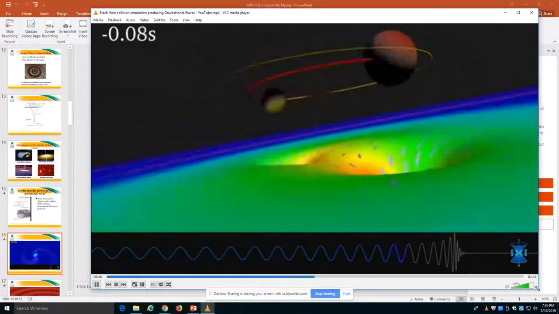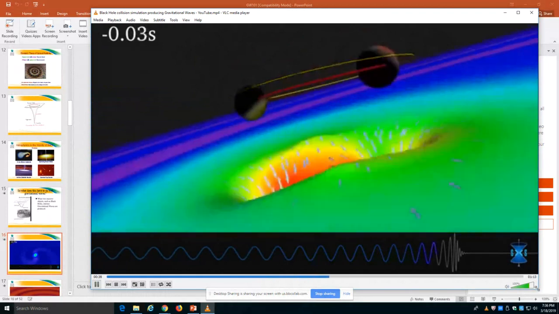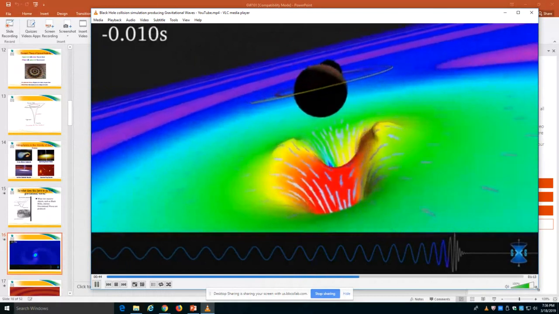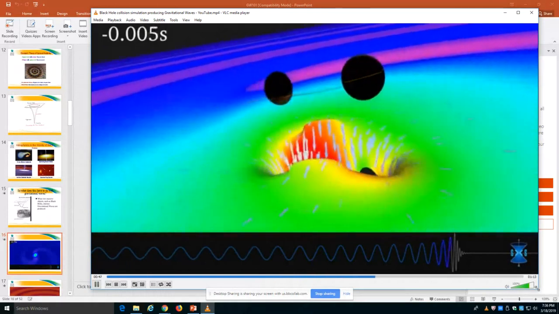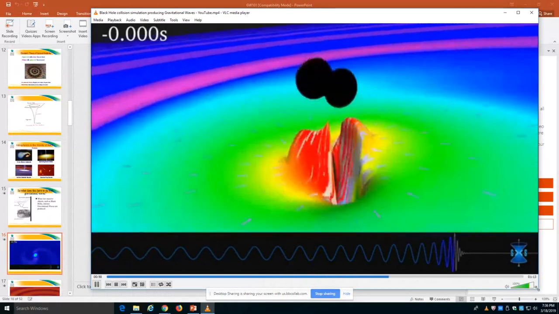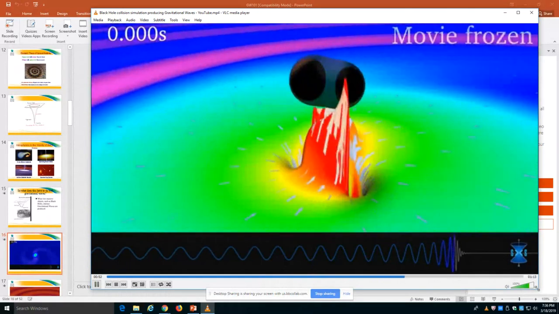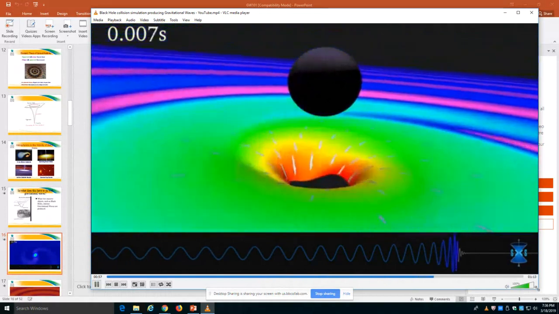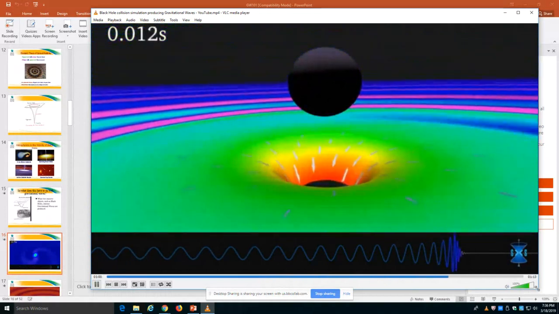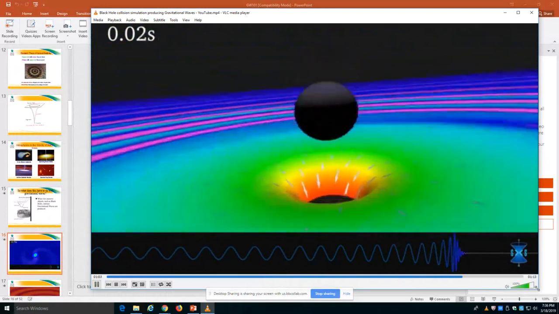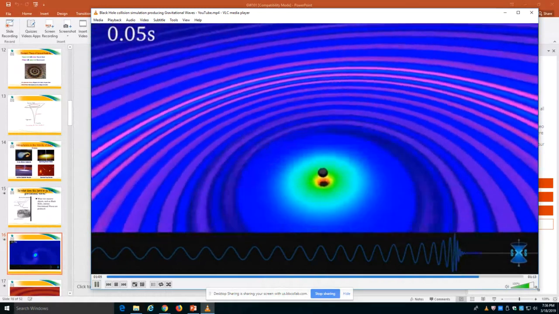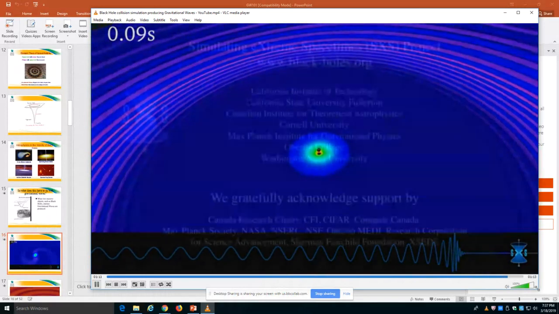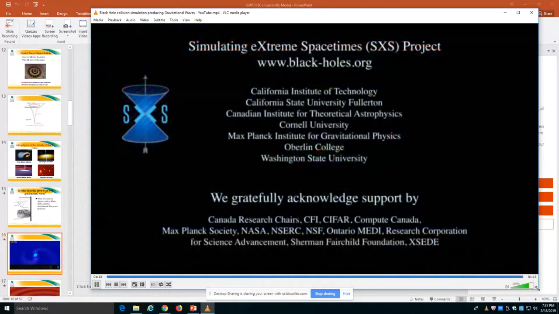And they come together. And as they keep coming together, you notice they're going to move a little bit faster and a little bit faster. And now you can see they slowed it down so you could really see the merger. And at the point where they touch, this is where the merger phase is. And they actually end up forming one odd-shaped black hole for an instant. And then they eventually ring down into just a spherical black hole. The merger phase is actually the higher amplitude phase, so that's the part where you can really see it the best.